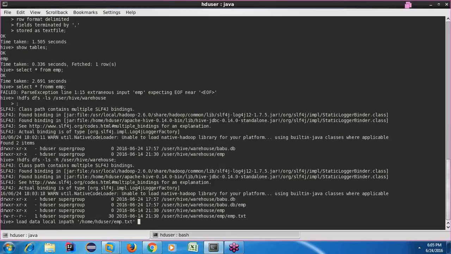Let's say you just gave some relative path and you are going to execute your script from some other location in your LFS which is not expected. In that case, what will happen? It will simply say this file does not exist. That is obviously not expected. People don't want errors. People hate to see errors, right? So it's always good to give an absolute path whenever you are loading the data.